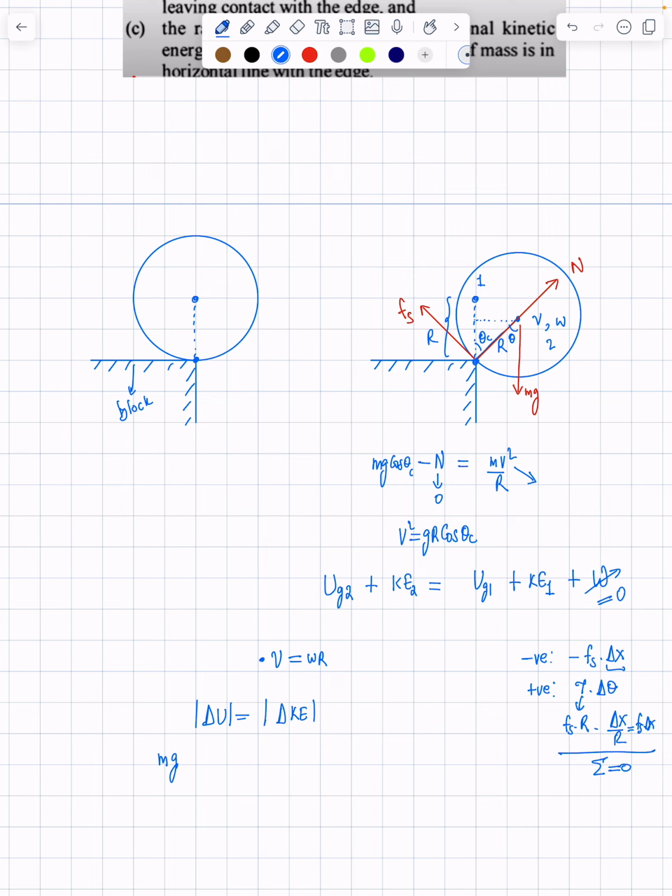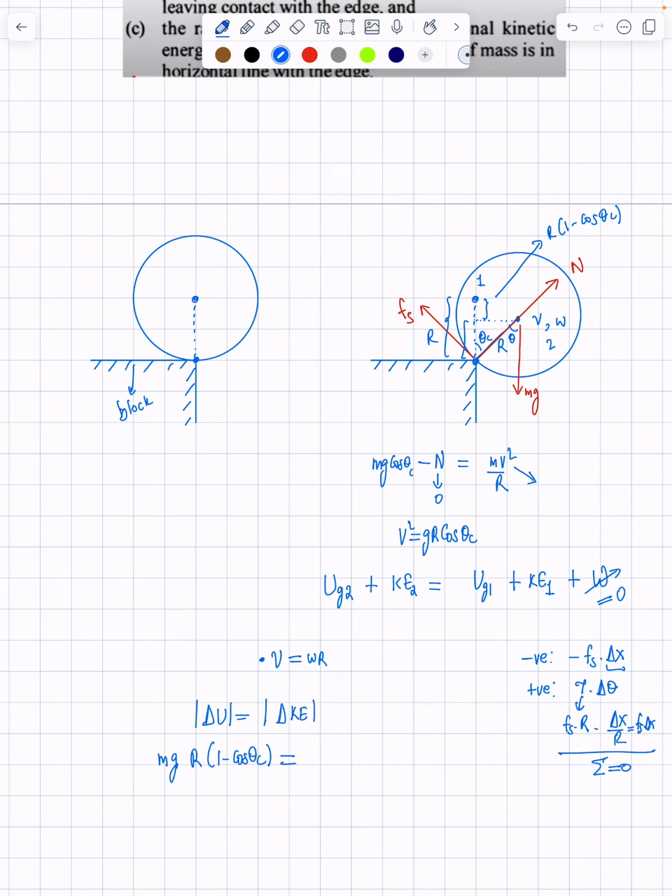So you have to use simple geometry to find out this distance. So this is r and this is r. This much is r cos theta. So the change in height is r minus r cos theta. So r times 1 minus cos theta c. So you substitute here,